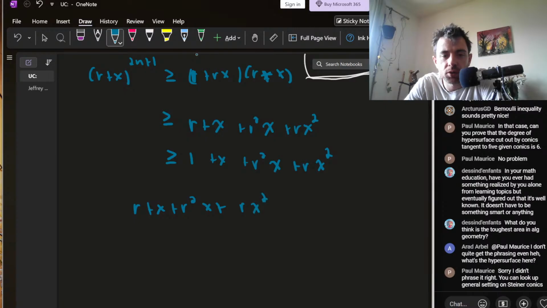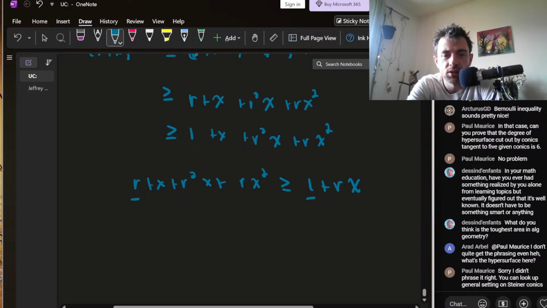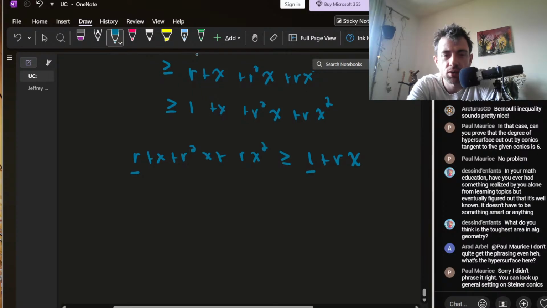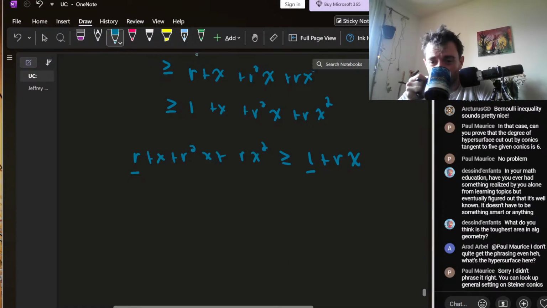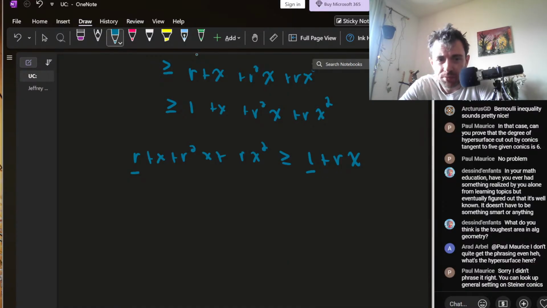Let's see if we can work backwards from our goal. Our goal would be to prove this, right? So we definitely have this part of the inequality. We definitely have this part of the inequality here. And in fact,